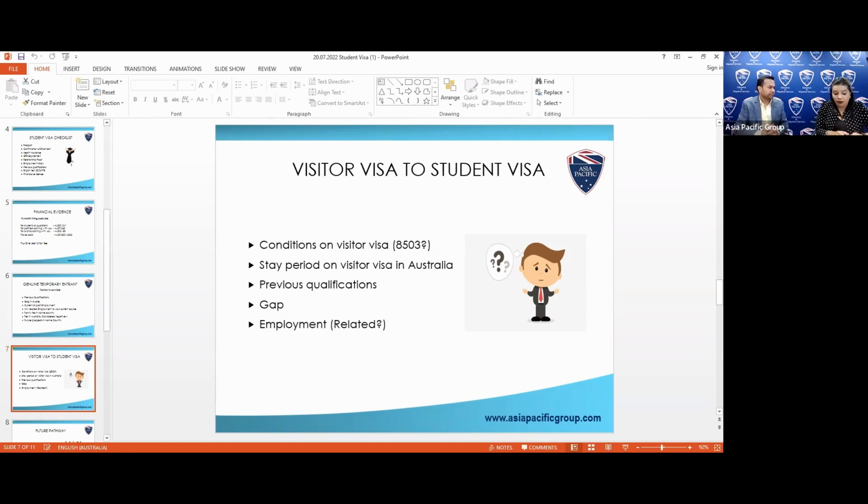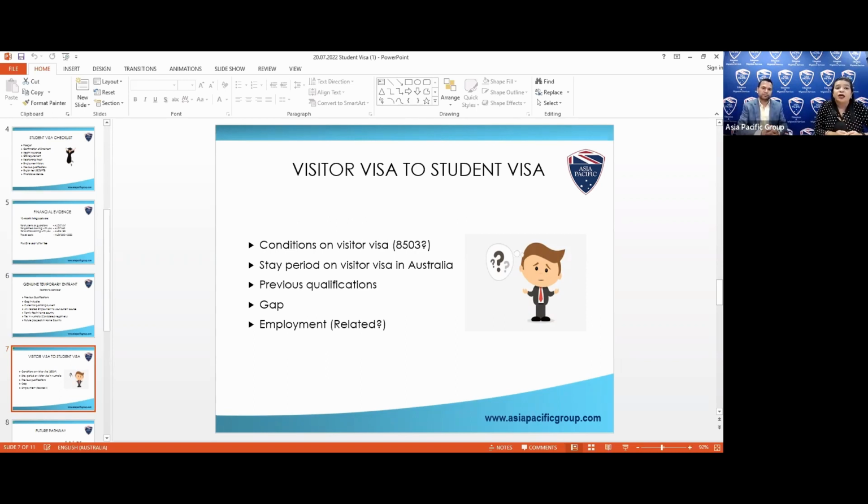Because what the visa officer wants to know is what you explored, and you just came here in the country for 2-3 days. It means that you didn't enter Australia with a genuine intention. So it's always good to explore and see how things work here, what's happening here, roam around, explore the new culture, eat different kinds of cuisines. Then you have a clear vision of what you want to do.